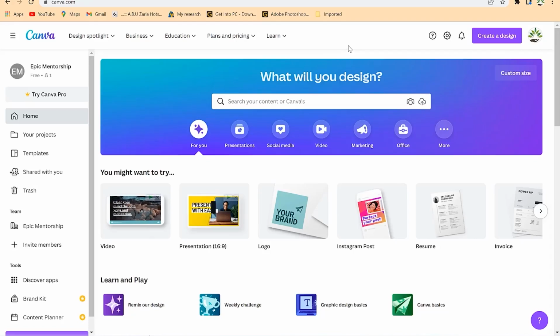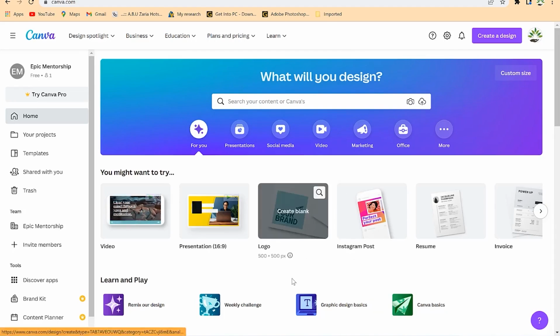So the next thing is how to design letterheads. If you have your document, or you have a company, or you have your brand that you want to design a letterhead paper for, instead of going and paying money and maybe they will waste your time and energy, and even you need it very fast and you don't know what to do, come to Canva. With Canva you can design your letterhead very easily and fantastically in a much faster way,